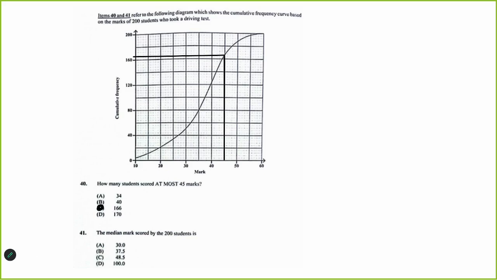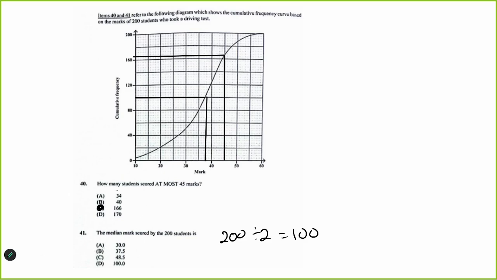Right? Next one, the median mark for 200 students. So median is halfway, so that's 200 divided by 2 is 100. So you want to know when the cumulative frequency is 100, what is your max? So this is where 100 is at. So you go straight across and go down. It's not quite at 40, but it's over 35, right? So this would be